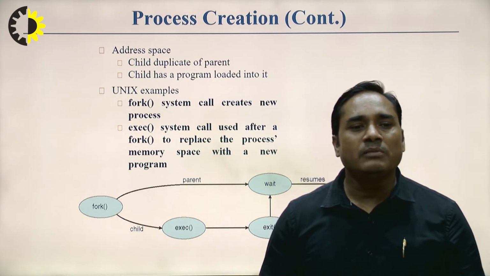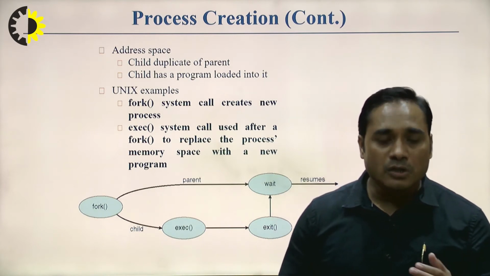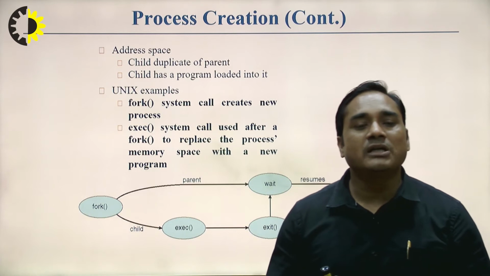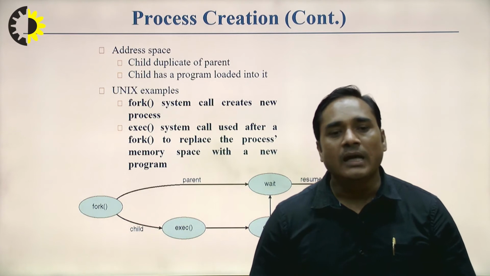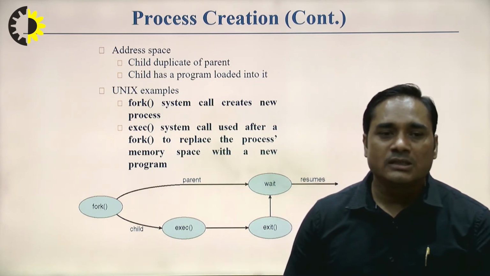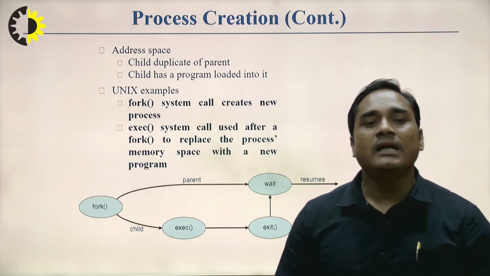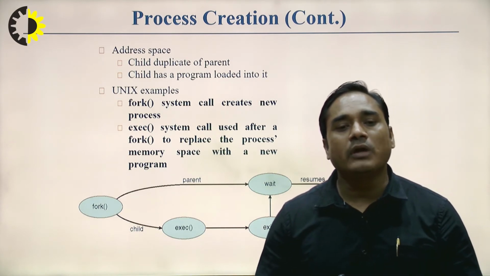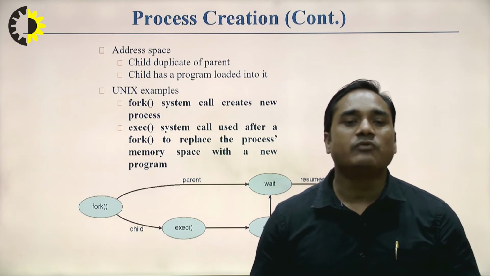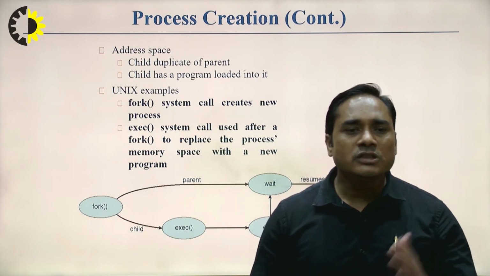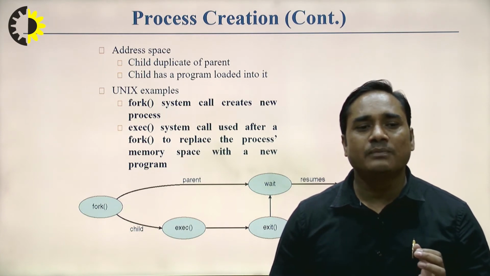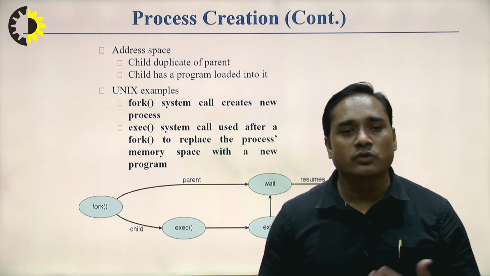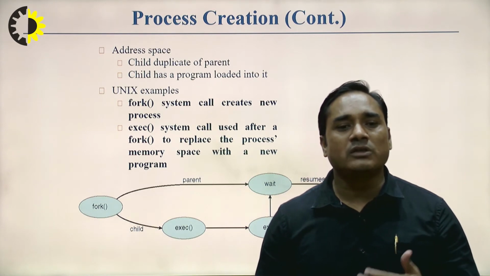So the fork system call will create a new child process, and when the new child process wants to execute, it will make a system call like exec. After it starts executing and finishes, the process will go to the termination state, or you can say it wants to exit the system, then it can exit from the system. So this is the diagram. Here you can see how process fork is creating the new child process, and how the new child process is executing inside the system, and how it will go to the exit state.